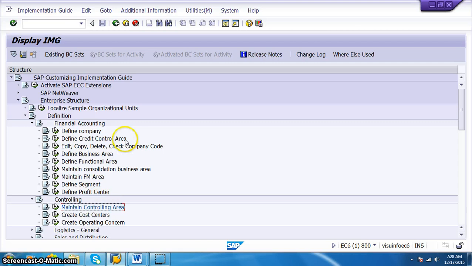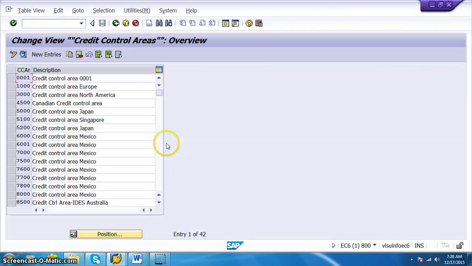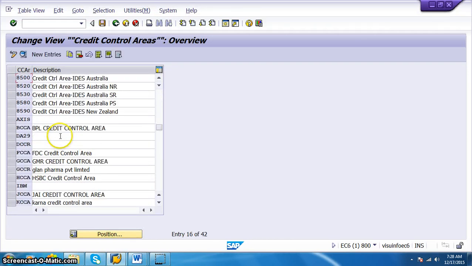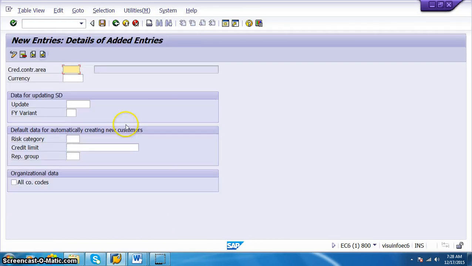So let's first start off with define credit control area, because you already know company and company code. So I'll take up this one, credit control area. In the credit control area, I'm creating new entries, and in this I'm taking VPR2, currency is INR. And what exactly is the significance of credit control areas?